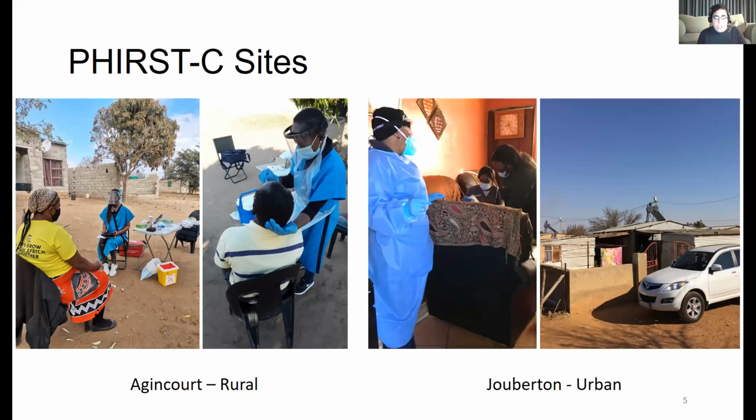This is just a picture showing the 2 sites. On the left, you see the rural site, and this is a typical setting. You can see the houses are fairly large, often brick houses, and there's quite a lot of outdoor space at the households. And in fact, we did many of the study procedures in the outdoors. And then on the right, you see the urban site, which is quite typical of many of our urban communities,